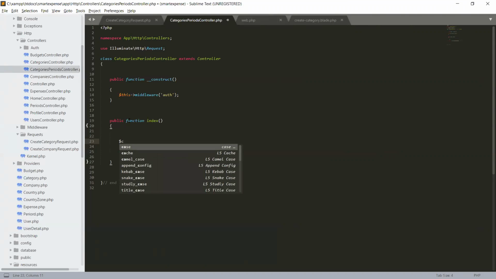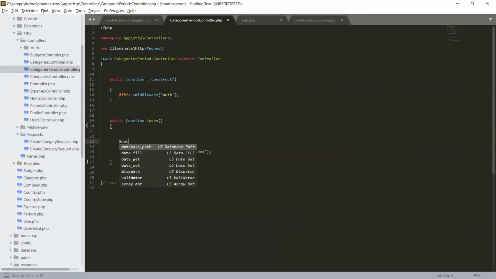So create a variable categories, and we need a data array. The data field name will be categories.